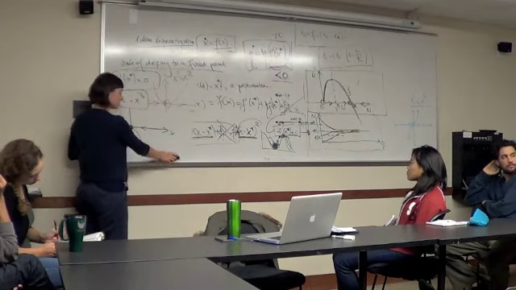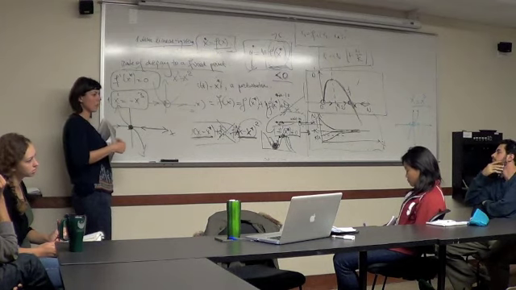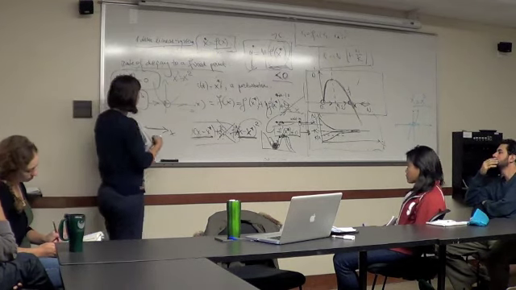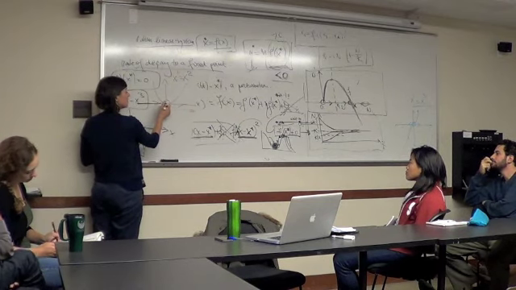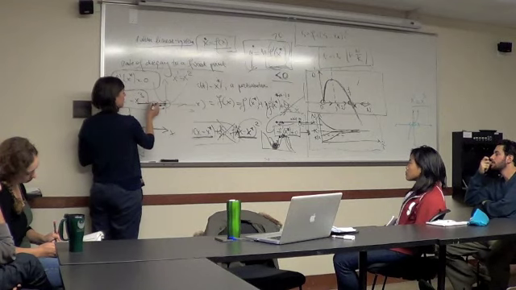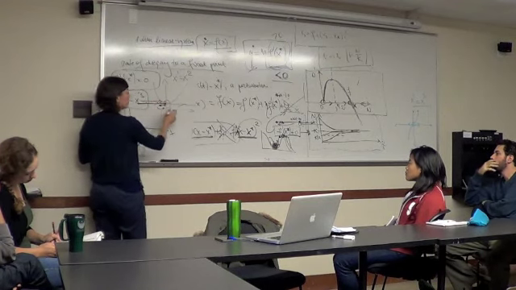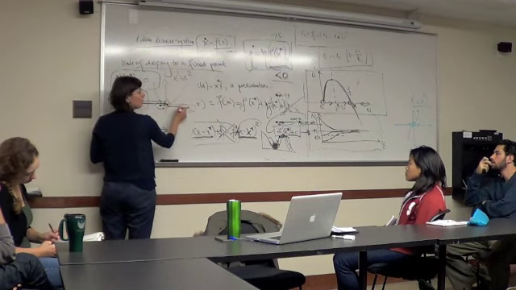Just to clarify, if it started on the negative side of the axis and you perturbed it in the direction of 0, it would then stop at 0. Anywhere you start here, if you perturb it away from 0 this way, you go back to 0. But anywhere you start, you just go to 0 in here. Okay. And if you perturb it a little bit in the positive direction, you just go away from 0.